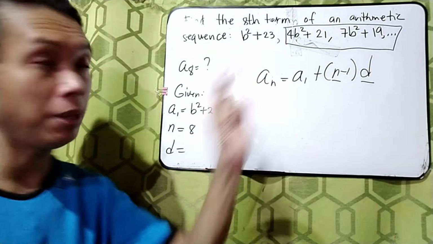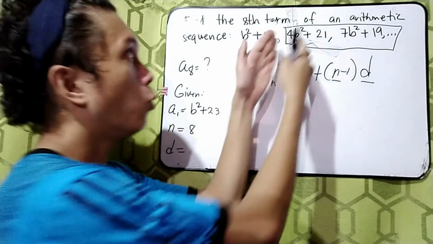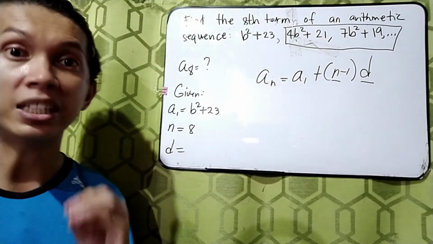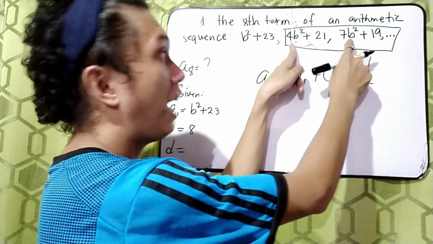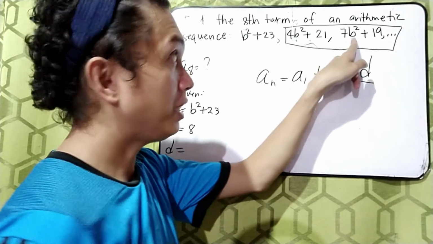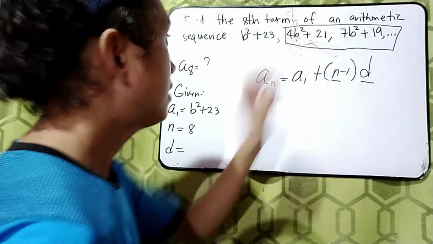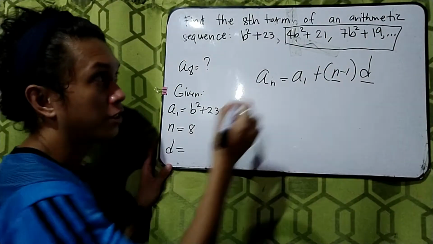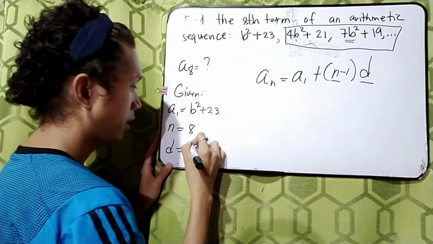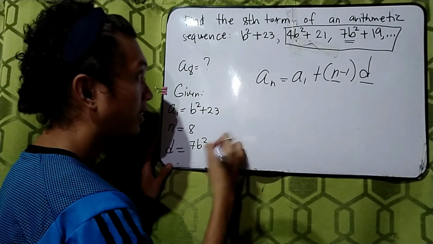But in this problem, it is very different because we are dealing with binomials having two terms. One is having a variable and the other one doesn't have a variable. So first, let us focus on the part having variable. So we have 4b squared and 7b squared from the second term that we chose. Let us write them. So we would write the second term, 7b squared, then subtract, minus